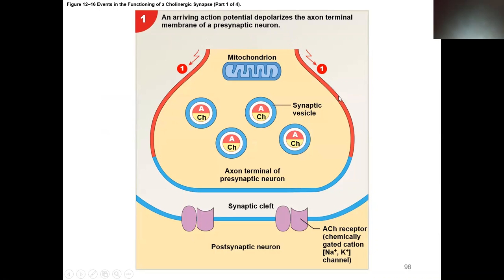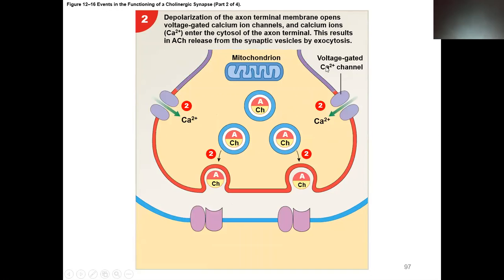When this action potential comes down, it's a signal that it's time for the axon terminal to get ready to do some work. So what work does it need to do? It needs to open these voltage-gated calcium channels and allow the calcium to flow in. When this is depolarized, these channels will open and calcium can come in from the extracellular fluid into the axon terminal, and that is the trigger that's going to tell the acetylcholine it's time for you to go. Okay, so how is it going to go? Through this word,